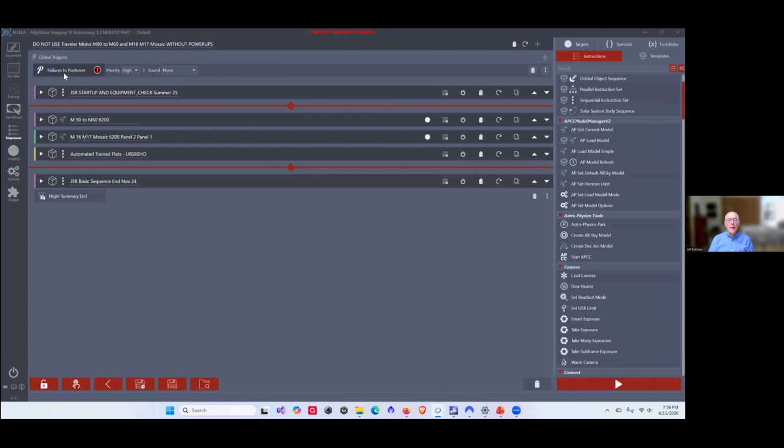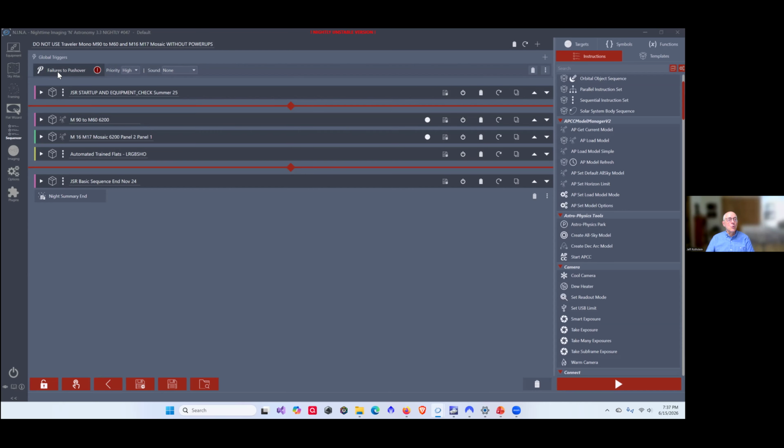The only trigger that I've seen fit to make global is failure notices, because that's kind of target and equipment. It doesn't matter what the equipment is doing. It doesn't matter what target you're looking at. If something has failed and you want a notice of it,